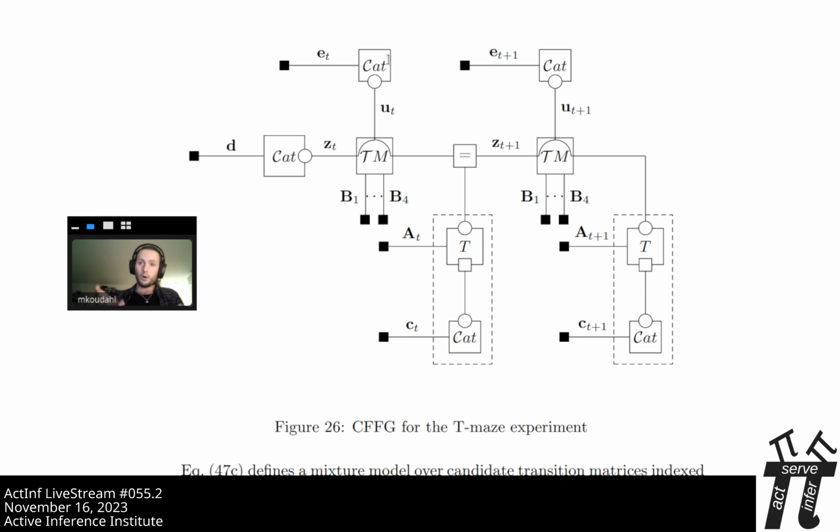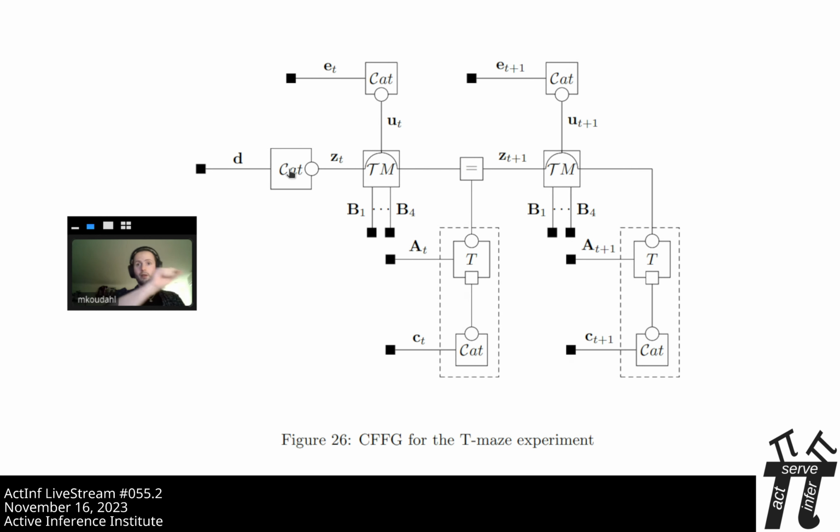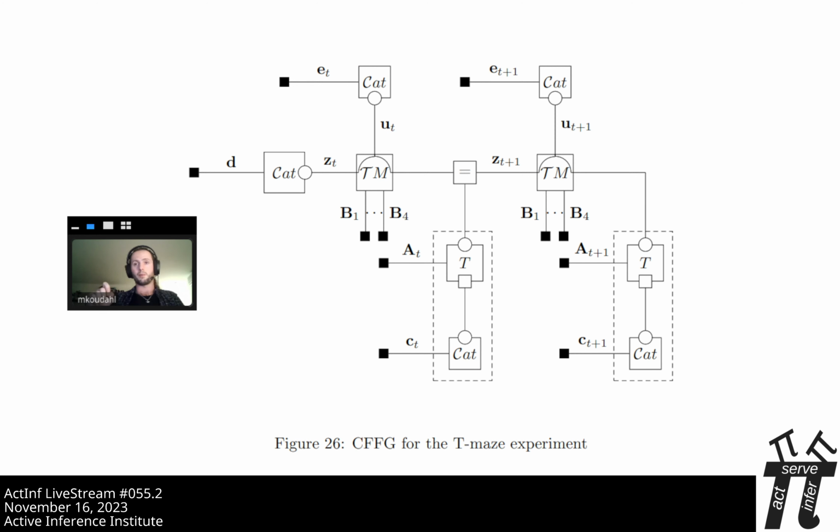But that just comes about because we're building it out of these little graphical building blocks. So if you wanted to, you could put a prior on E, and then you could learn E. That's absolutely something you can do. Or you can say have a shared E with its own dynamics. So now your habits are time dependent. And that'll be another sort of thing that moves along at the top with its own state space dynamics and everything. Now, these are the kind of things that you can start to do.